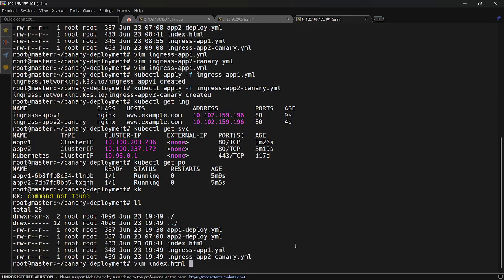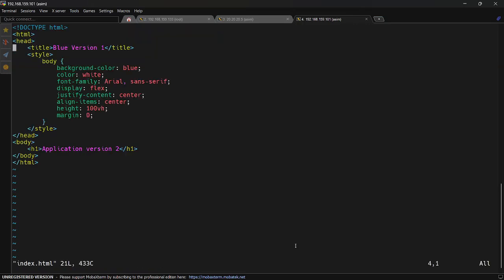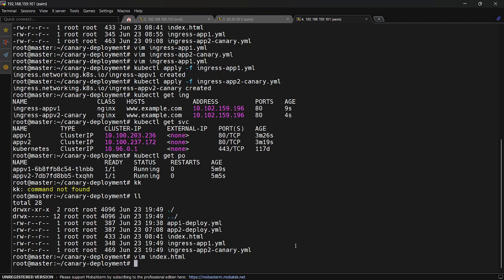this index.html, and this is a very simple index.html. Here I set a background to blue and I wrote the application. So blue, I will say my main application. This is application version 1. So I will do the copy